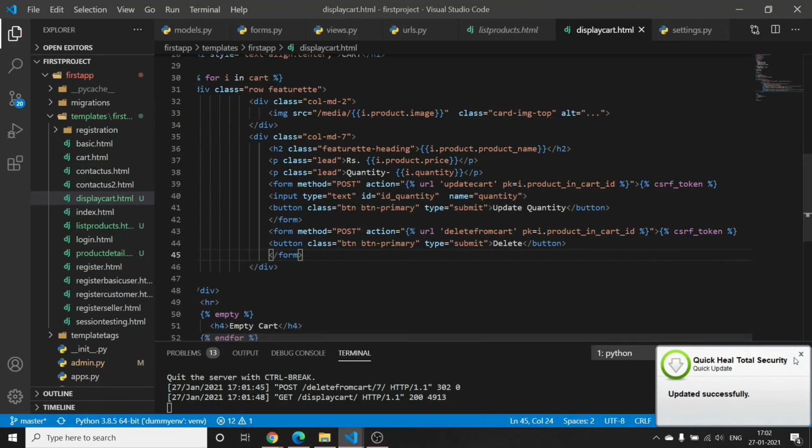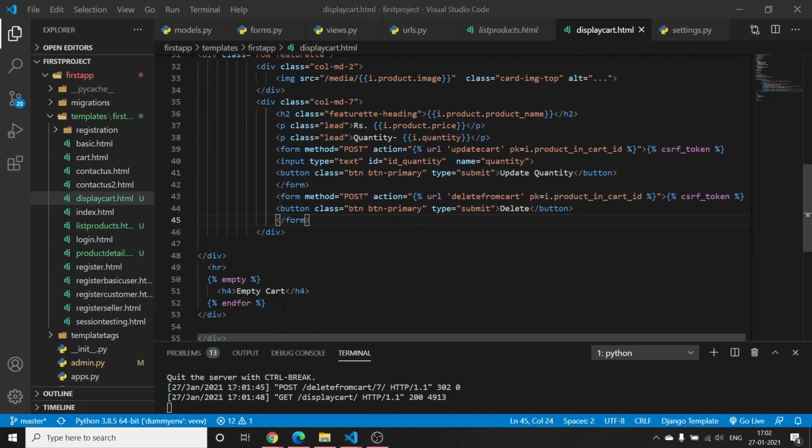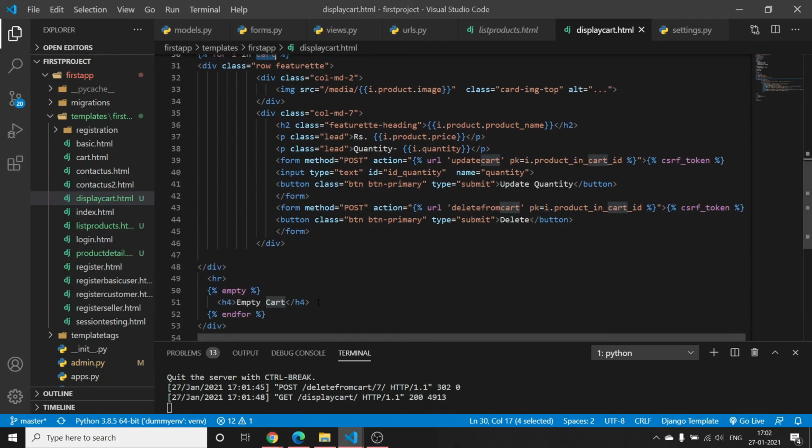In display cart, I have made a for loop, and before ending the for loop I have used an empty tag here, which generates this empty cart heading. Only if the cart object that we have rendered from the backend is empty will this message be displayed here. So this is how you can implement this.